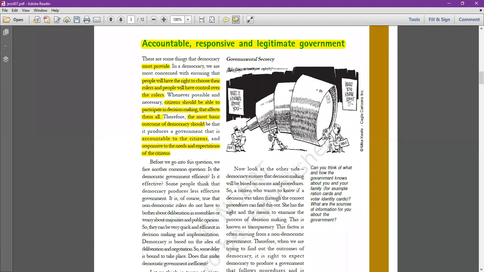Okay, now here a cartoon is given to all of you, on governmental secrecy, and through this cartoon you have been told that the government knows everything about you, but you know very little about the government. How, sir? Because the government knows everything about you, it simply means that the government has all the data regarding you. These days we have the Aadhaar card, the UIDAI card, and our biometrics are in that. So all these things are with the government.